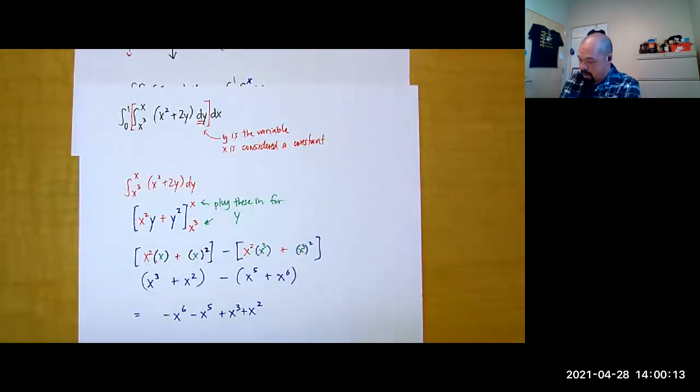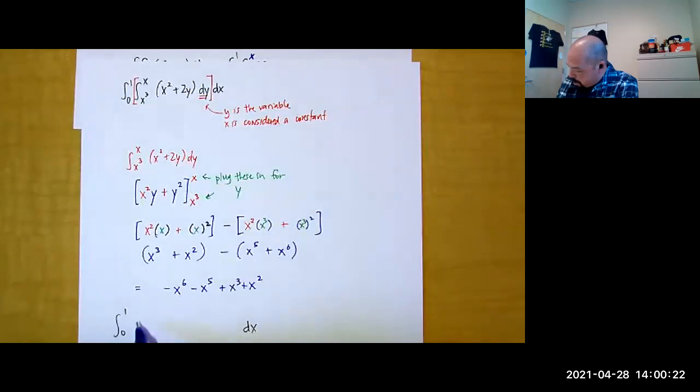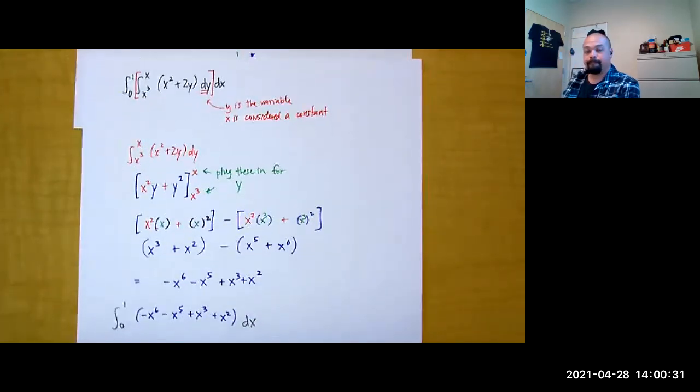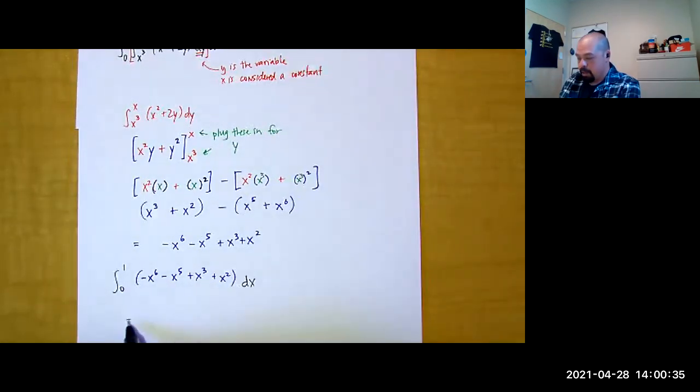So then, taking the result, integrating with respect to x now, only x is present. We shouldn't have any other variable remaining. Integrate with x, add 1, divide by the new power: negative 1/7 x to the 7th minus 1/6 x to the 6th